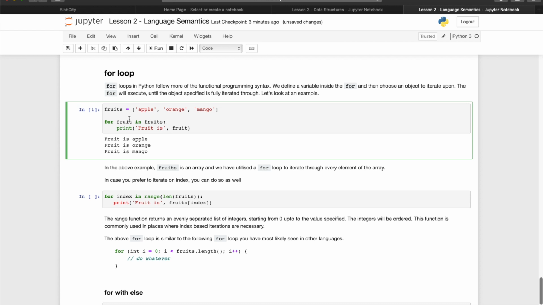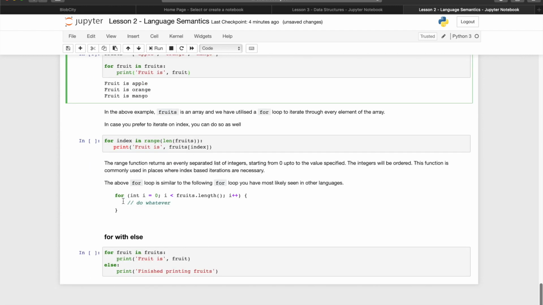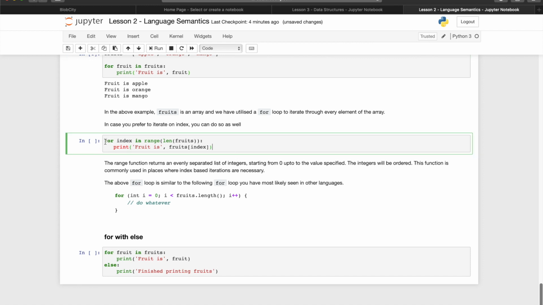So anything that you write inside the colon until you break the indentation becomes part of the for loop. Now, the same example, if you were to do in a language like Java, you would probably write the code as you see here, right? So you would basically say for int i equals 0, i less than fruit.length, i plus plus, do whatever. So the closest equivalent to this code in Python is how we have written it here, wherein you say for